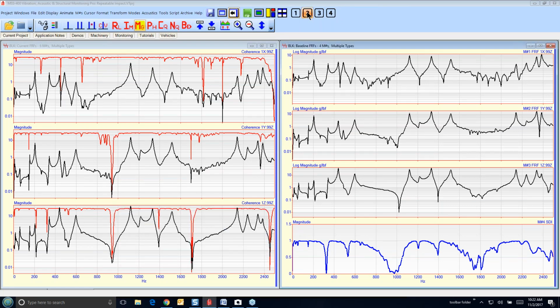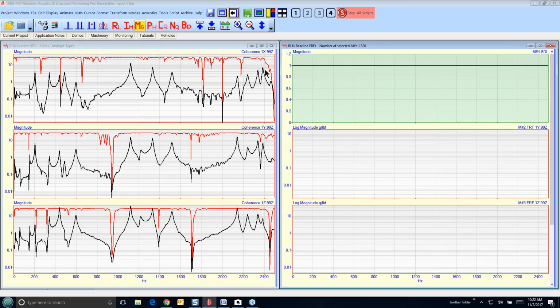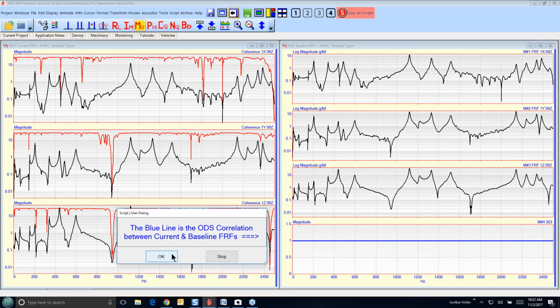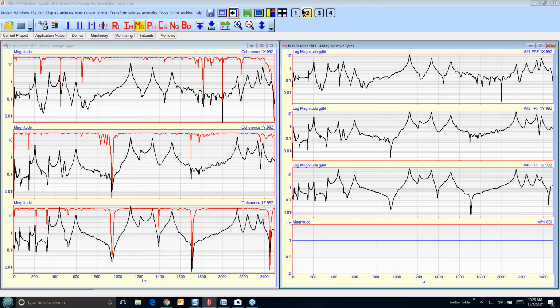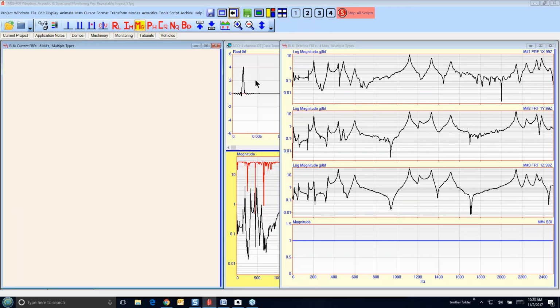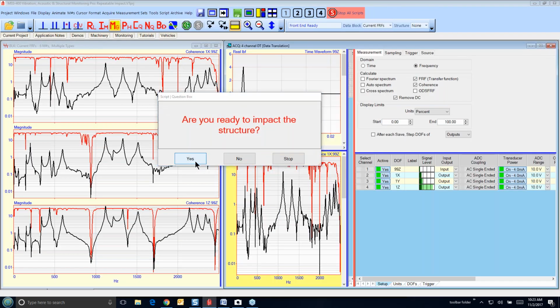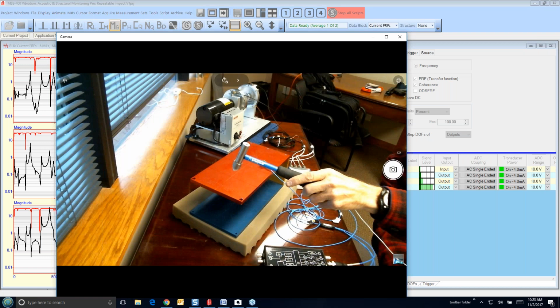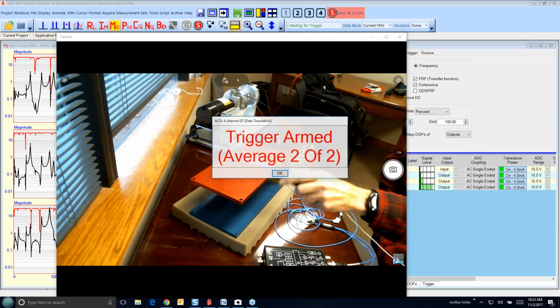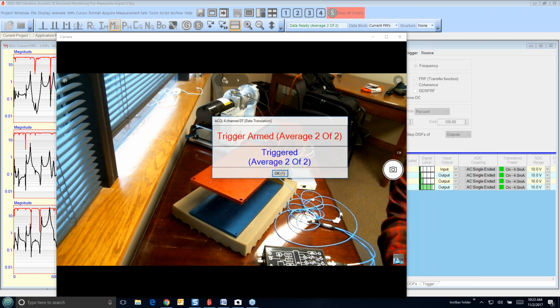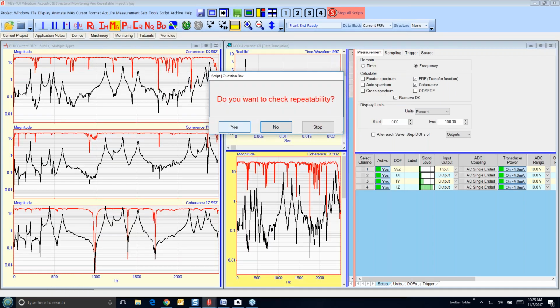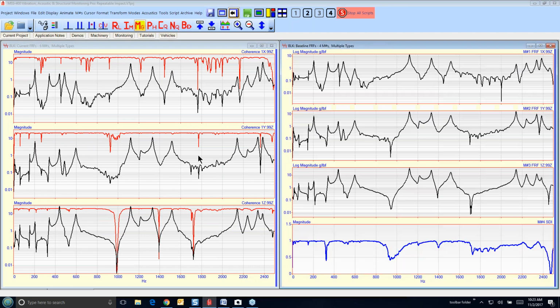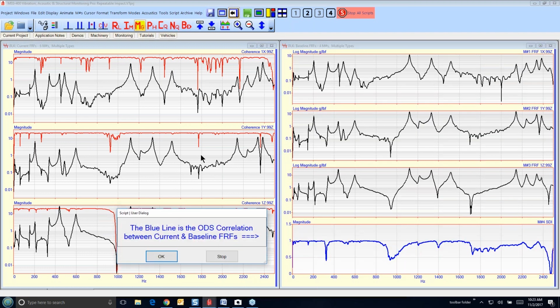Let's update the baseline with this data. And I'll see if I can hit in the same place. Pretty good measurement. Well, it was better. I got closer.